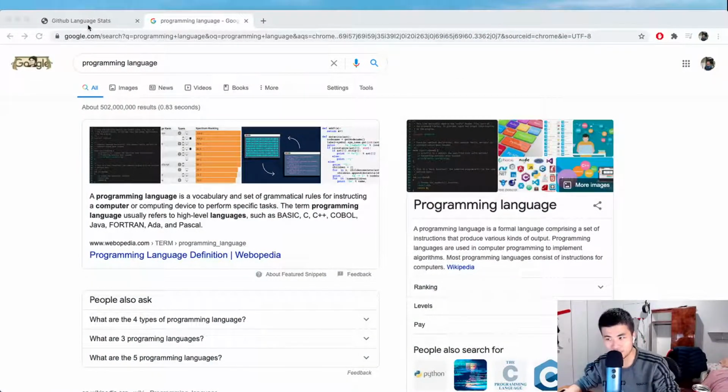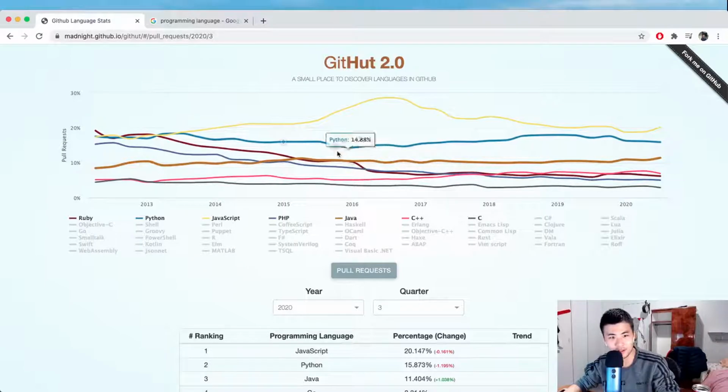Just to explain a little bit of what Python is. We have all these different languages, and like I explained, a programming language is just a way for us humans to talk to computers. And we can see here that all of these are different languages used throughout the years. For example, C++ is a programming language. C is a programming language. And if we take a look at Python,